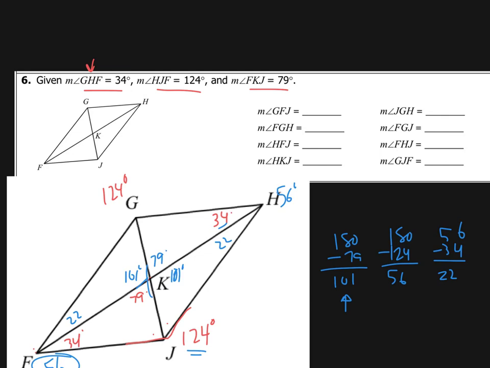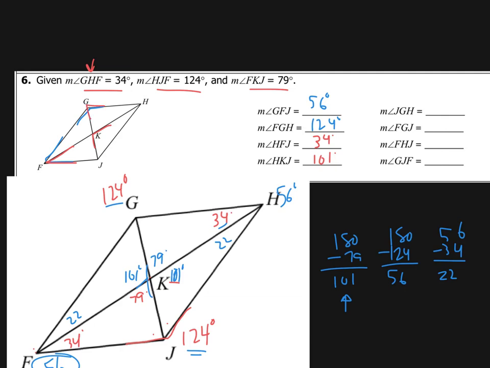GFJ is going to be the big angle over here. So we said that that was 56 degrees. And FGH is going to be the big angle there. We said that that was 124. HFJ is going to be our traveling down right here. That little guy, we said that that was 34 degrees. Really, it was kind of almost given to us. HKJ is going to be right there. That's 101 degrees. JGH